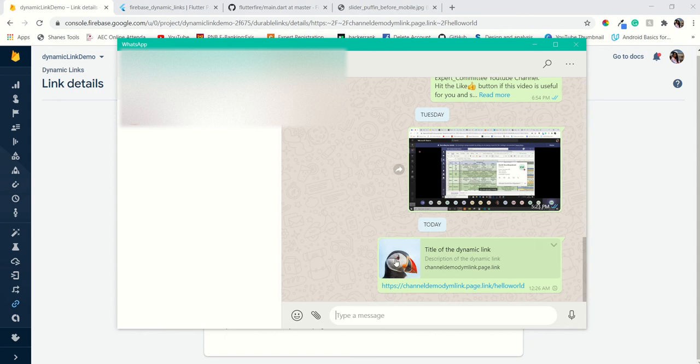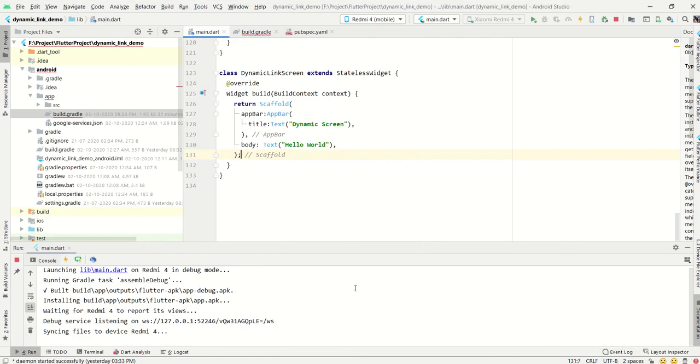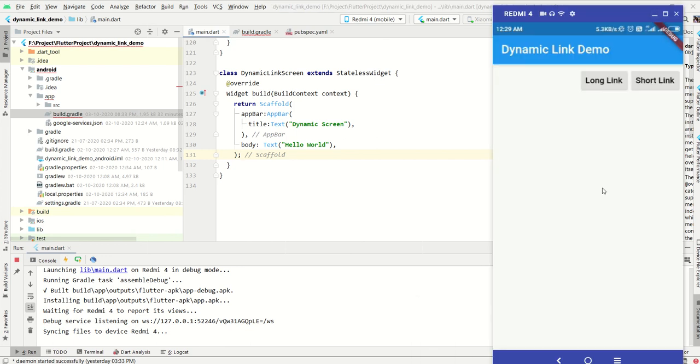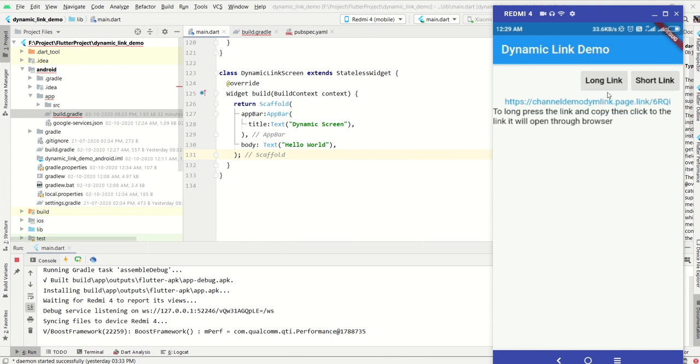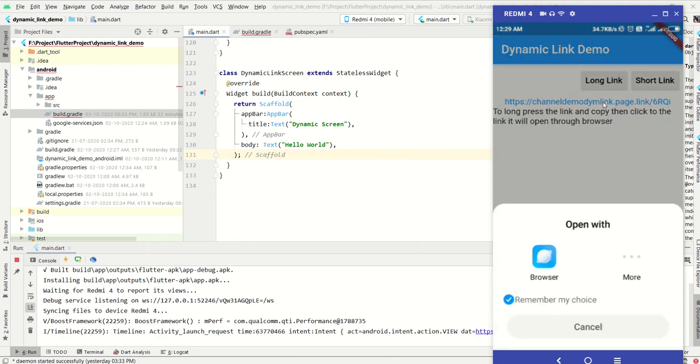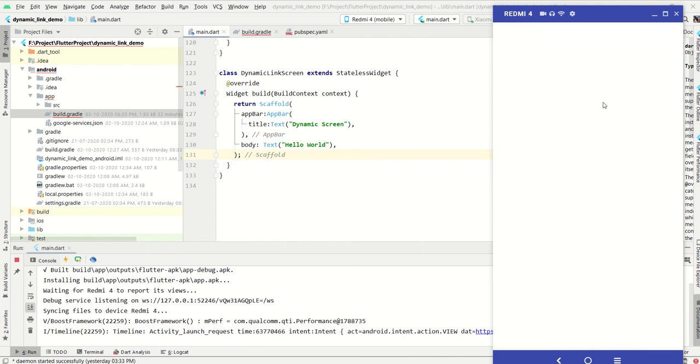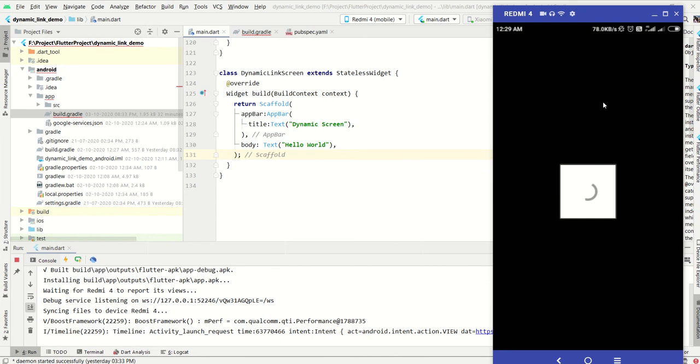Now you can see this is the title and description we already wrote manually, right? So I click there and it will go to the same page where we gave the link, example.com, right? And I think the app is also already ready. So we just run it, and it's already installed. So we can check it. Definitely it is working fine. You can see the long link is already there and the short link is also there. If we press the short link, it will open with Chrome. So we hope that it will work. Definitely it will work fine.